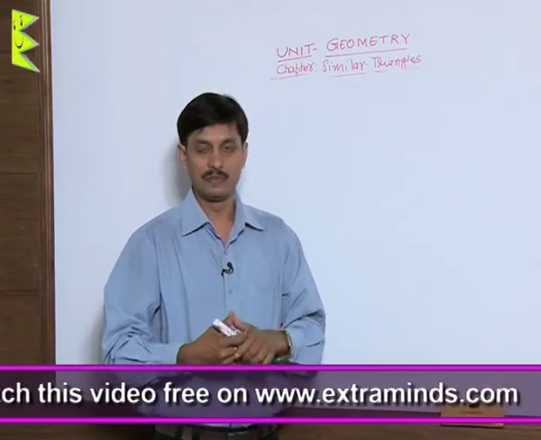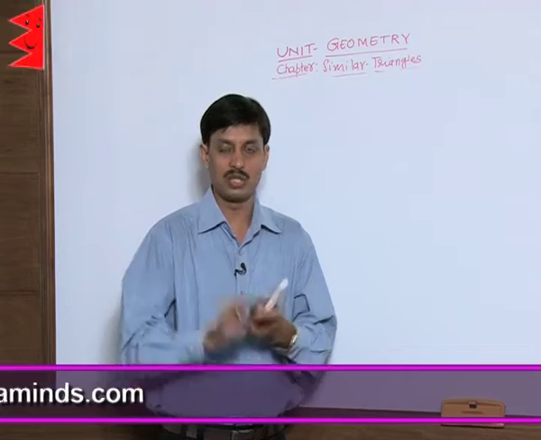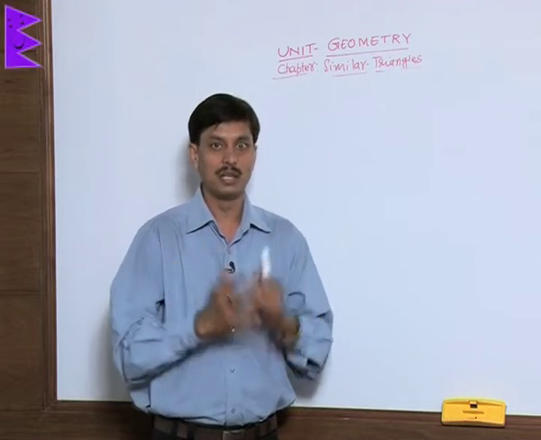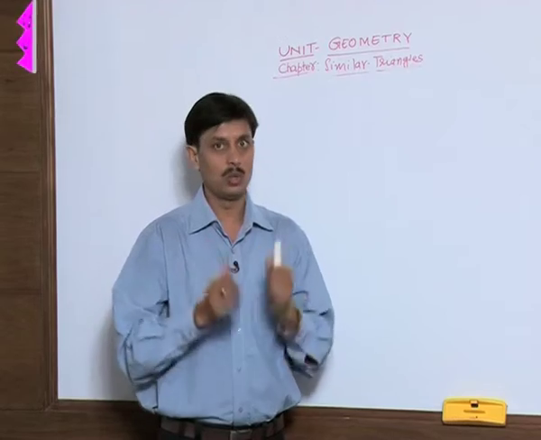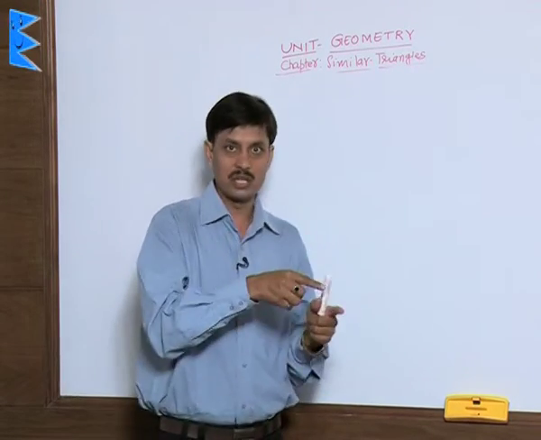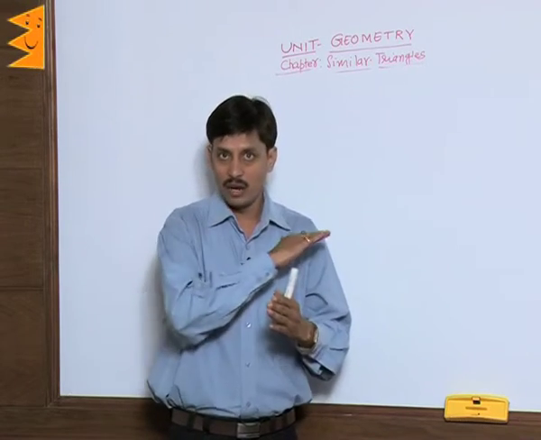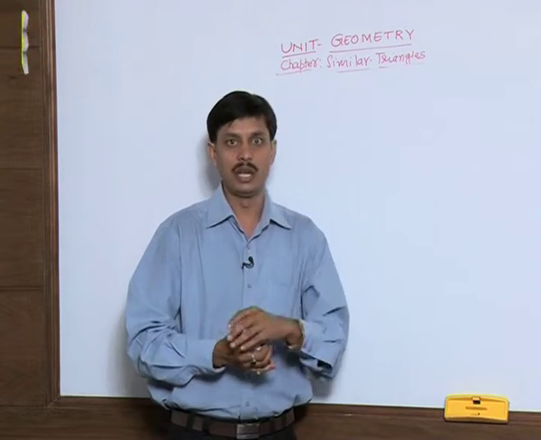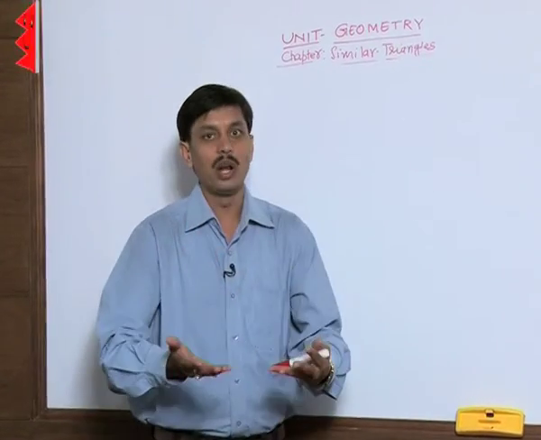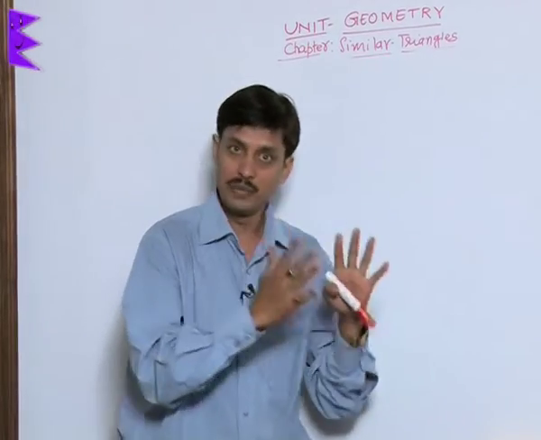What is the converse? In the basic proportionality theorem, the statement was, in a triangle, a line drawn parallel to one side divides the other two sides in equal ratios, or the same ratio, or we call it proportionally. Now its converse: in a triangle, if a line is drawn in such a way that it separates two sides of a triangle in equal ratio, then this line has to be parallel to the third side.